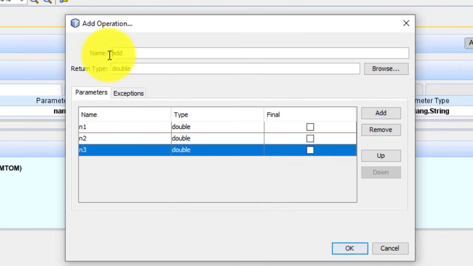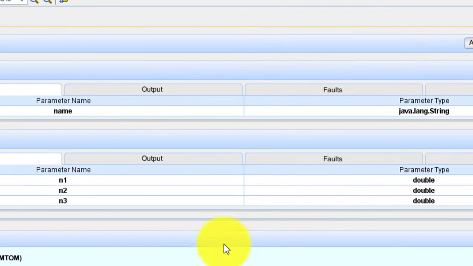This is my web service name, this is the return type of the web service, and these are the 3 parameters that we have to give as input to the method. Just click on OK. As we can see, the add operation is added. We have 2 operations in this web service, hello and add.